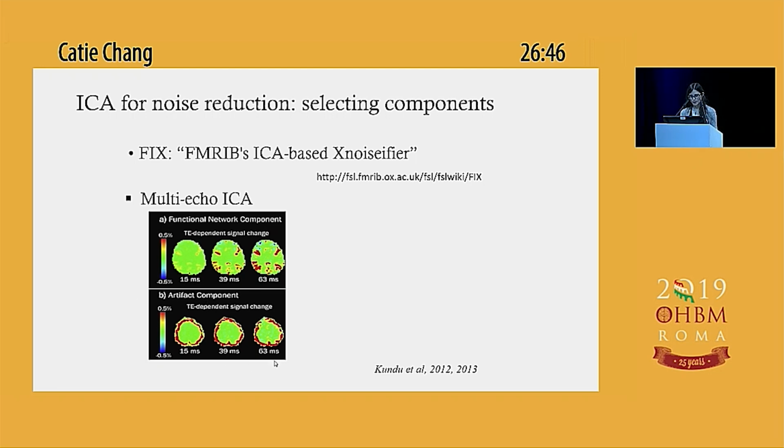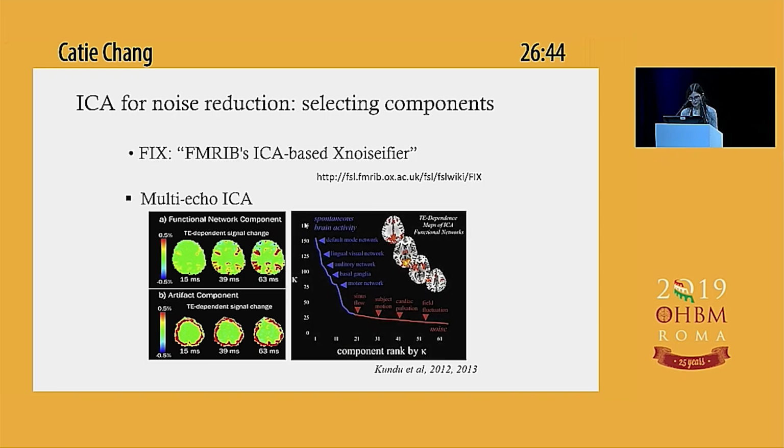And so you could essentially think of ranking your components along a spectrum like this to try to see which ones might be likely neural, and hopefully the artifact ones separate over into another territory. But there's always these tricky decisions, and some types of artifacts don't actually separate very well along these lines,